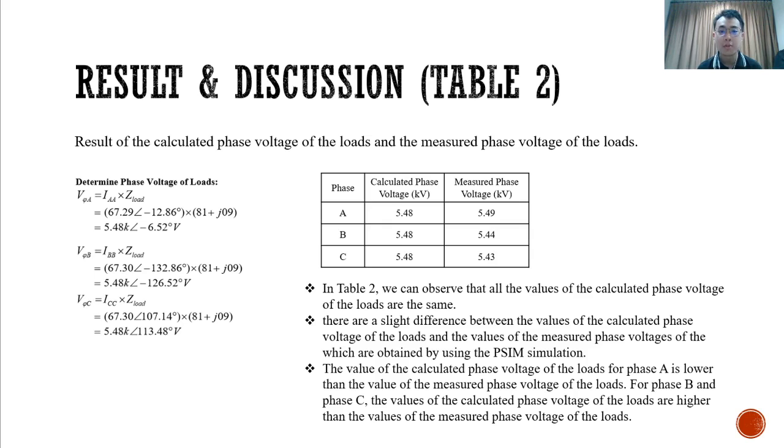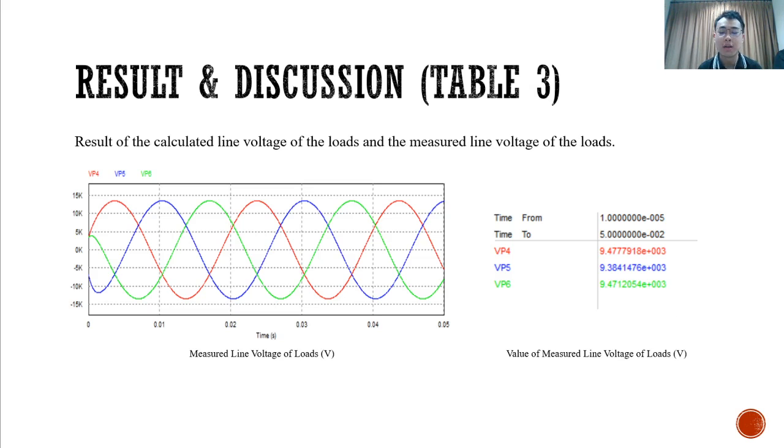So in table 2, we can observe that all the values of the calculated phase voltage of the load are the same, which is 5.48 kilovolt. There is a slight difference between the calculated phase voltage of the load and the measured phase voltage of the load, which are obtained from the PSIM software. The calculated phase voltage of the load for phase A is lower than the measured phase voltage of phase A, which is 5.49 kilovolt, whereas for phase B and phase C, the calculated phase voltage of the load is higher than the measured phase voltage of the load. Let's go into table 3, where we talk about the calculated line voltage of the load